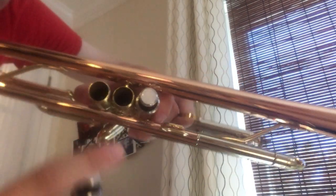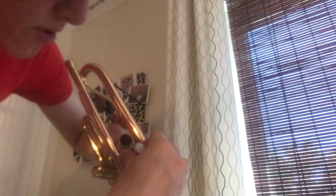So it's going to either sound like your trumpet has a stuffy nose, or you're not going to be able to get any sound out whatsoever. And then, if you look inside the valve, it's hard to see in this video, but there's a little notch inside. That's where this little piece of plastic right there should line up. So you put the valve back in the trumpet, make sure the number is facing you,